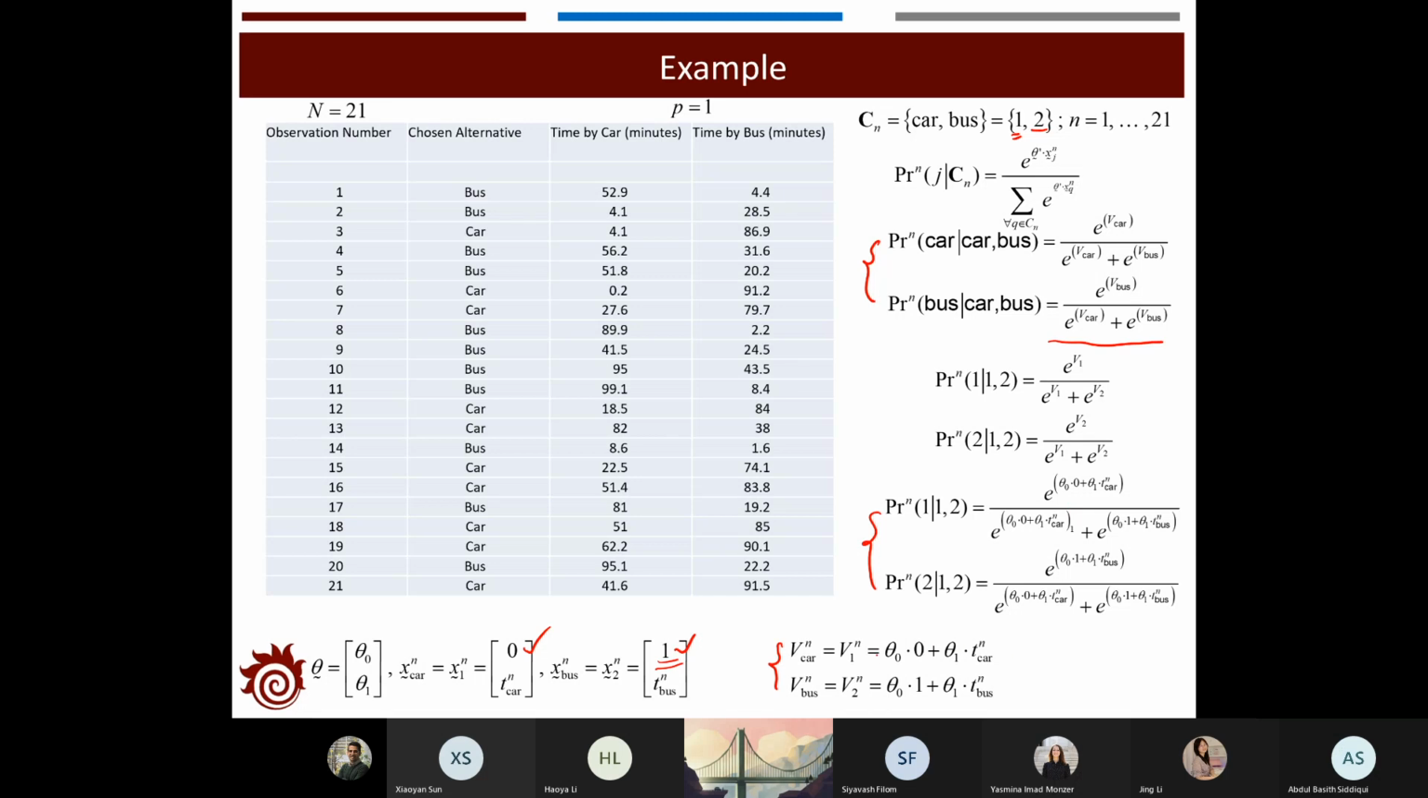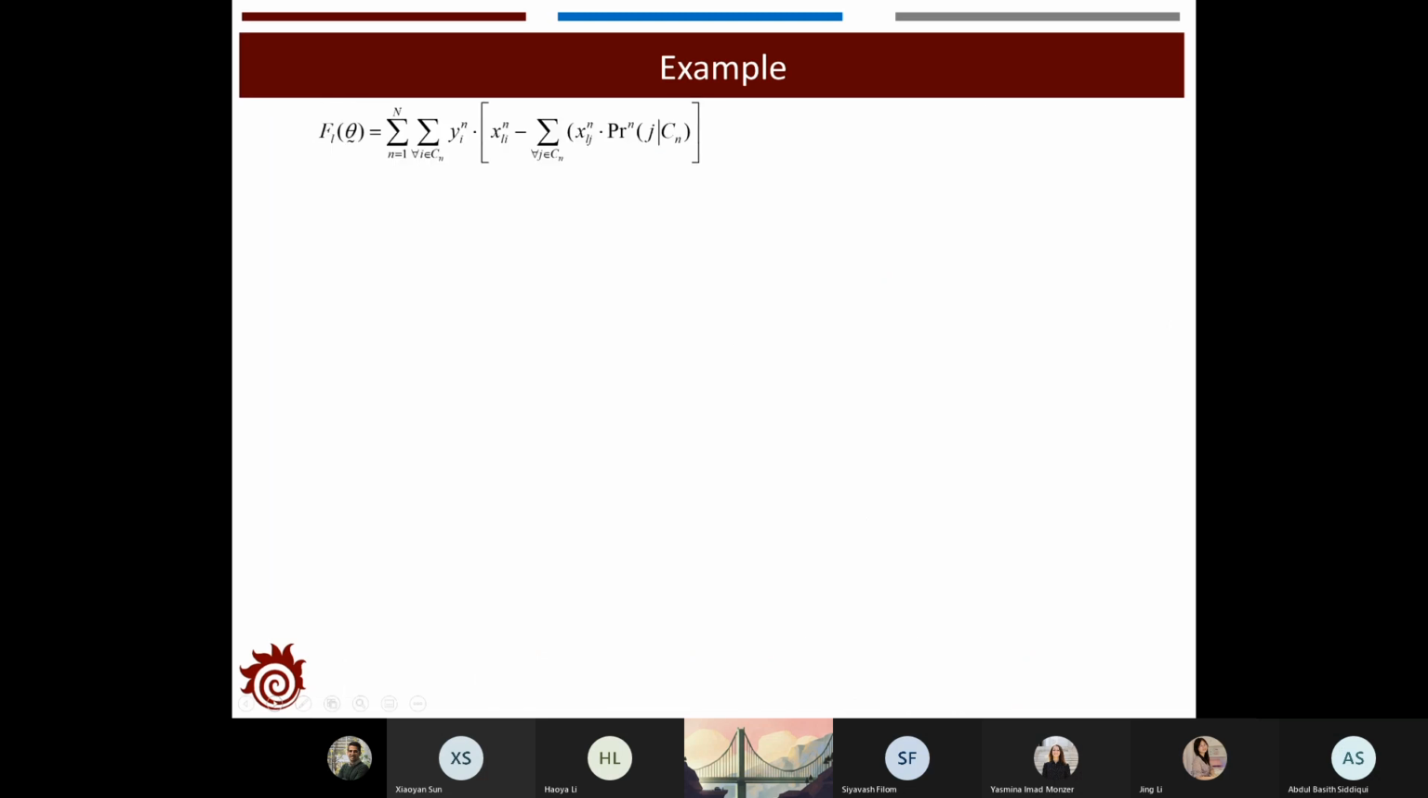Replace car with this equation, replace bus with the second equation, and now that's the two utilities, two probabilities we assigned for the bus and the car. And then the next thing is we have to conduct the calibration process. In the previous slides, we have derived the formula of F(θ), and that equals to the summation of